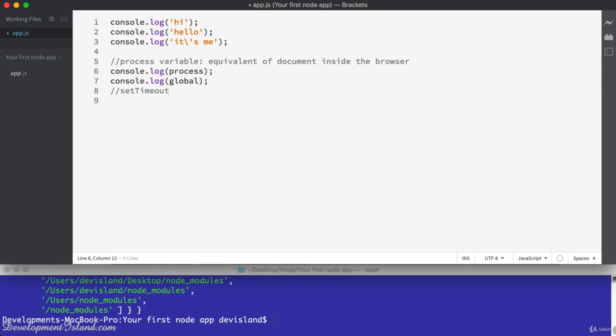And similarly in Node, a function like this one is actually provided by Node, not by the V8 JavaScript engine. All right. So you won't find this one in the ECMAScript specification, for example. So if you want to check that, you can go to the Node website